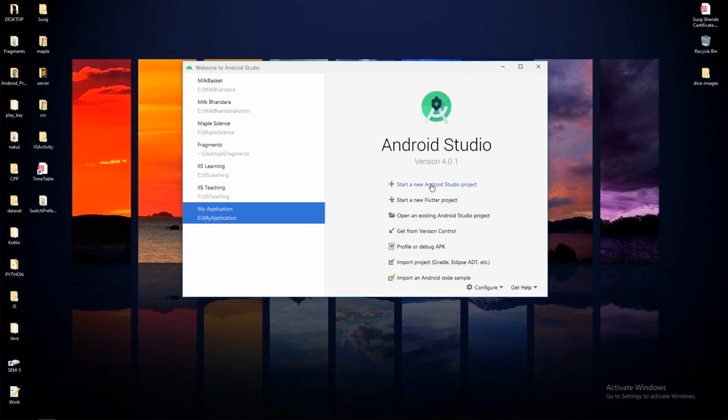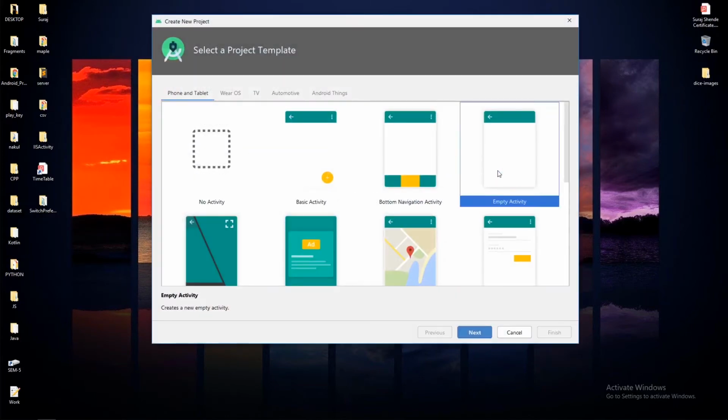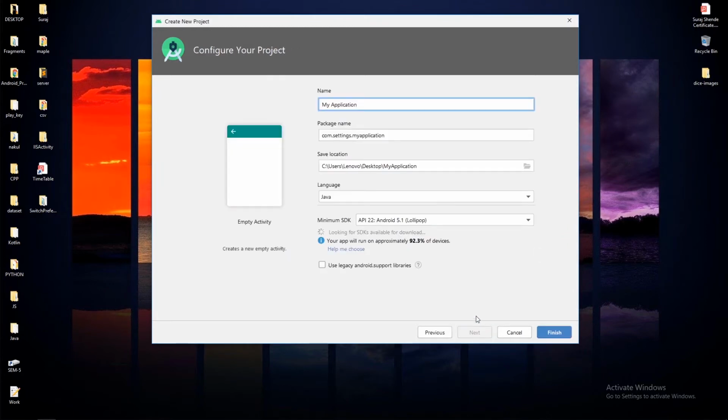And here I will create one new Android Studio project with the name Dice Roller. You can give any name to your application. Let me set the name of my application as Dice Roller.